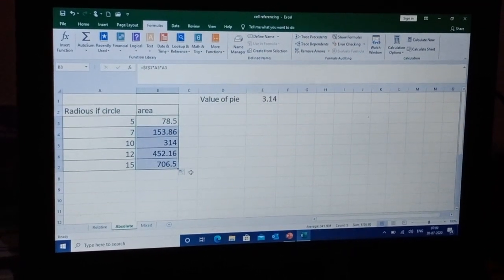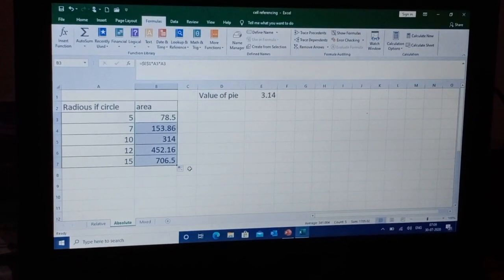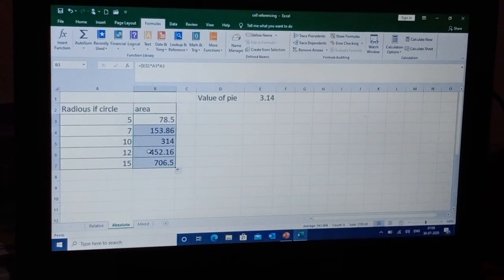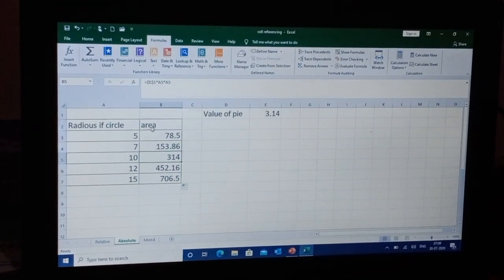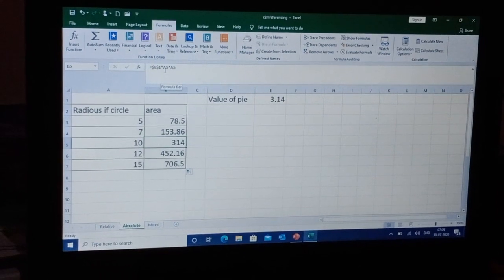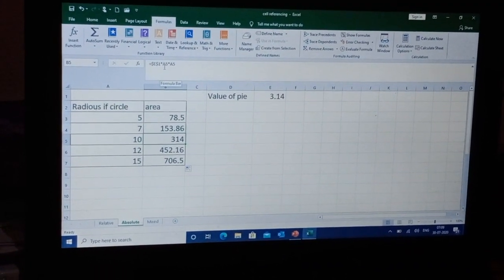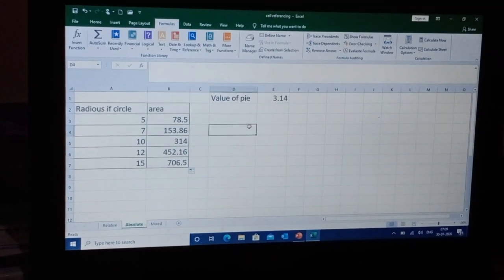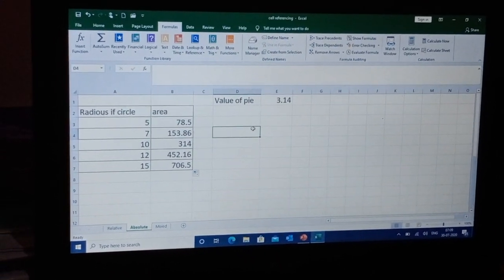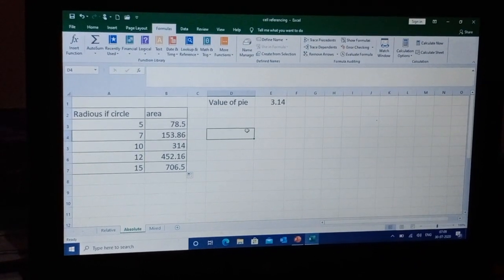You can see now everywhere we have got the answer. And if you click on any cell and check the formula bar, the cell $E$1 is fixed in each formula. So whenever we want to keep any cell fixed in the formula, we use the dollar sign along with that cell address.